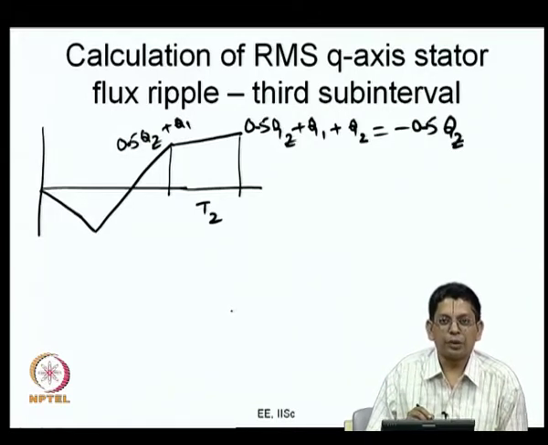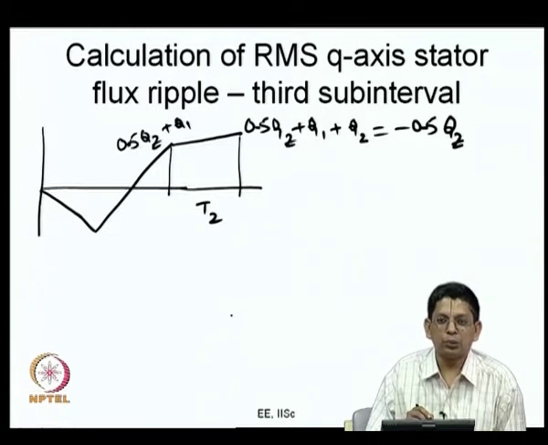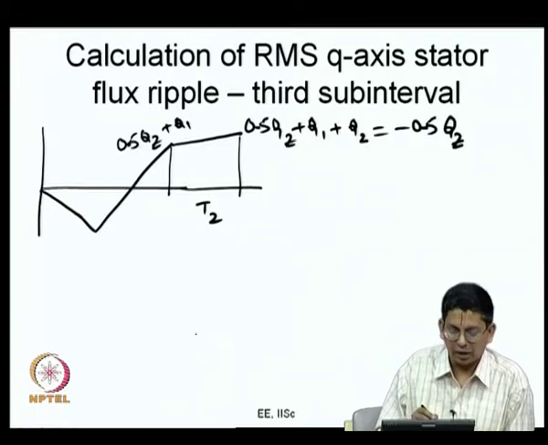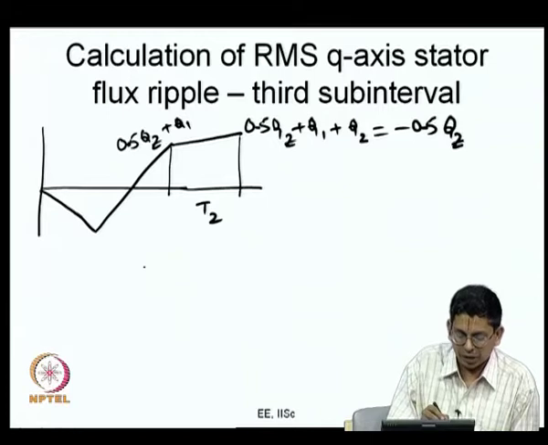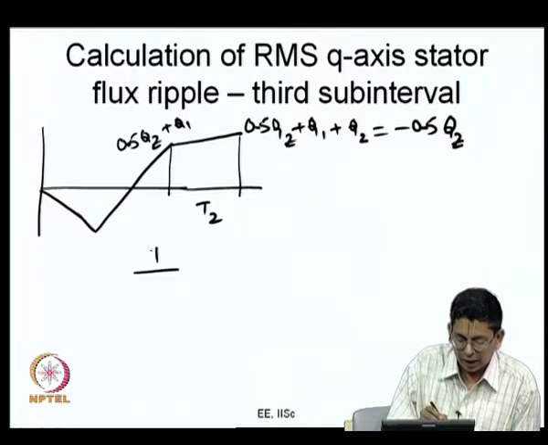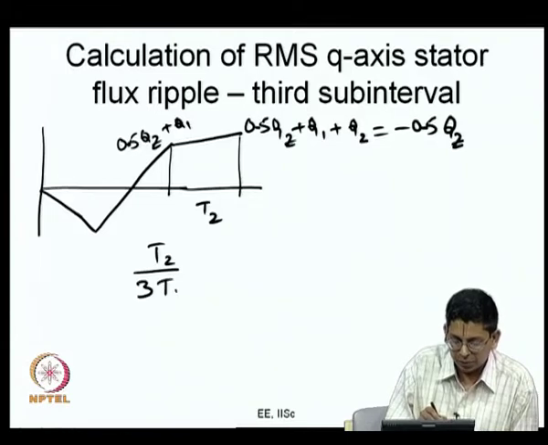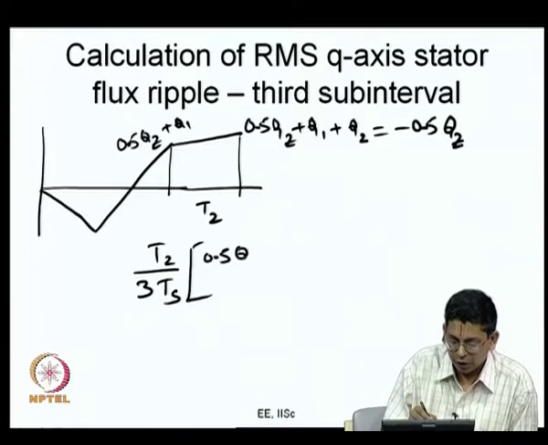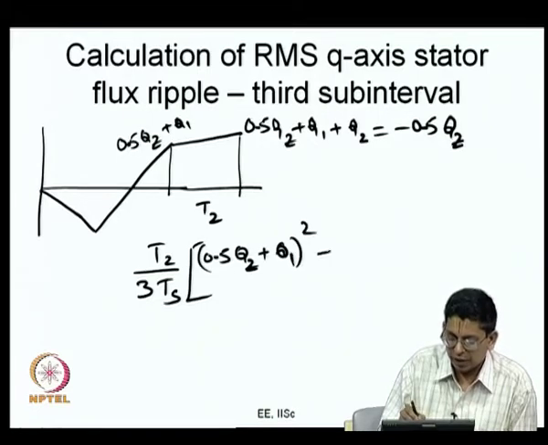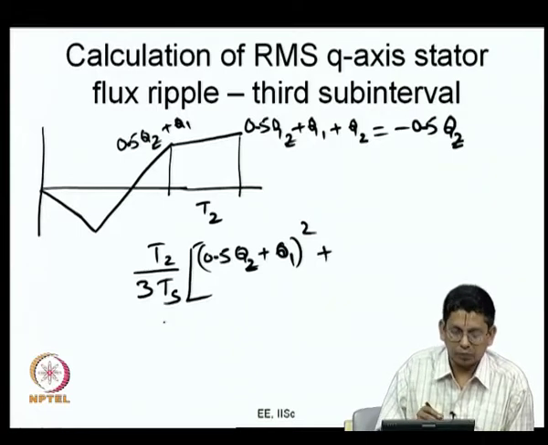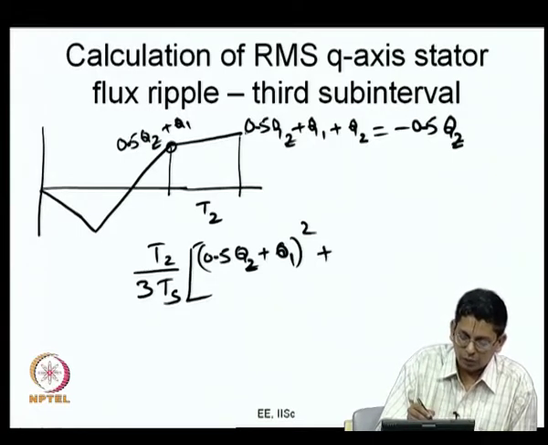Minus 0.5 Qz, because Qz plus Q1 plus Q2 should add up to 0. So, you will find that is that. So, if I do the same kind of an expression as before, what I will get is T2 upon 3 times Ts multiplied by (0.5 Qz plus q1) the whole squared. I am trying to evaluate the area under the parabolic section using these